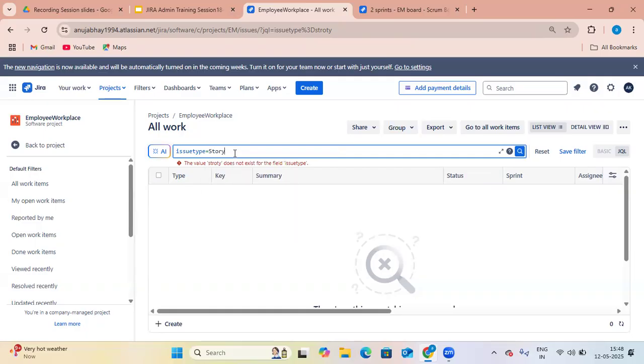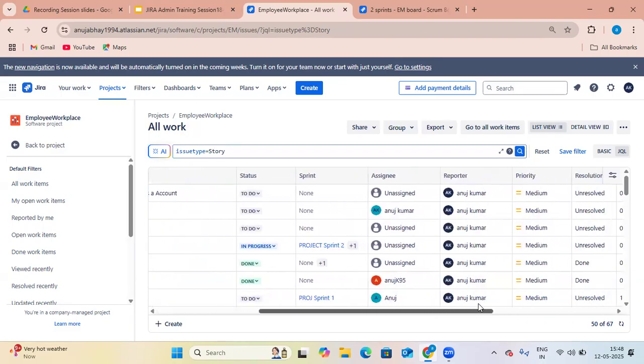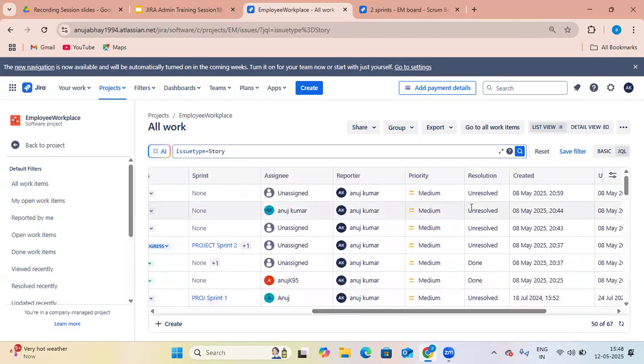Story. Enter. After hitting enter, we will get all the stories open. Now, and